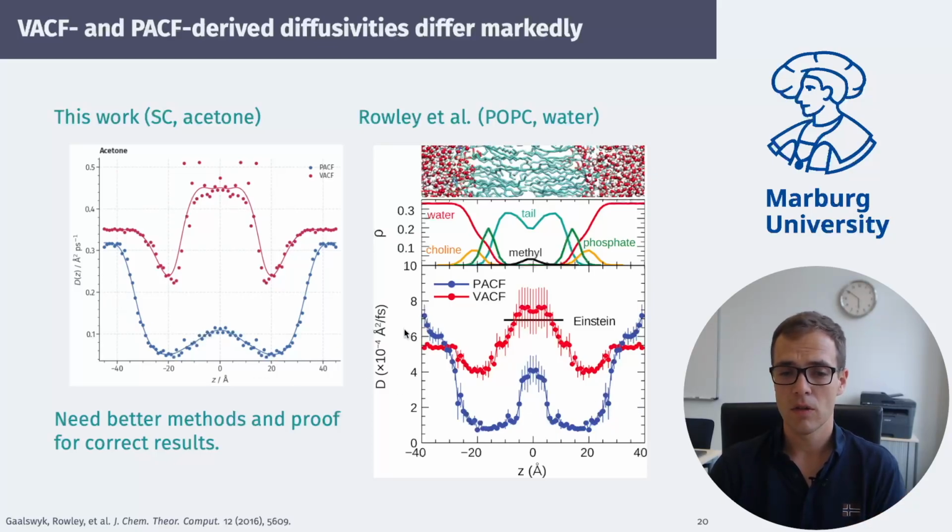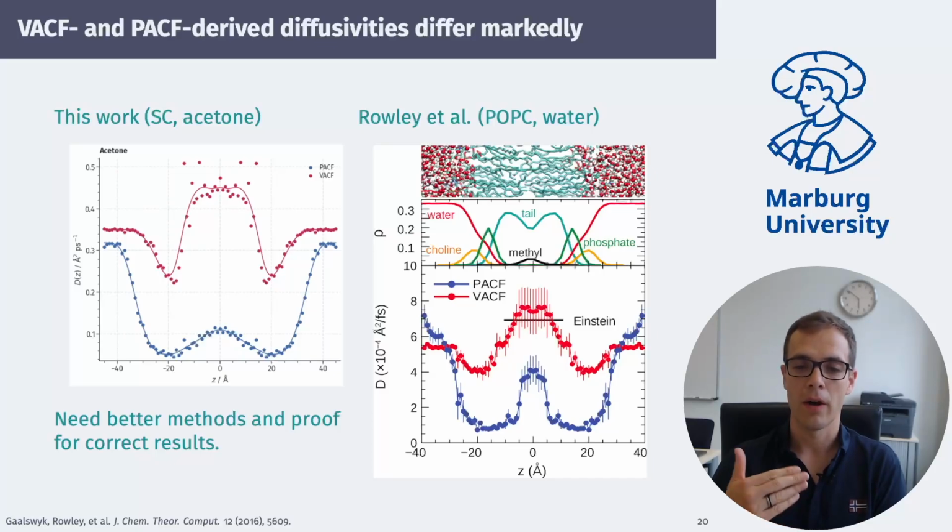And we actually used their code to compute these diffusivity profiles because they gave a lot of thought on how to choose an integration cutoff and how to extrapolate this function d of s toward zero. But it doesn't change the fact that both of these approaches are somewhat arbitrary, and depending on how you handle your data, you can get whatever diffusivity you want. Now, they made a point in favor of this VACF